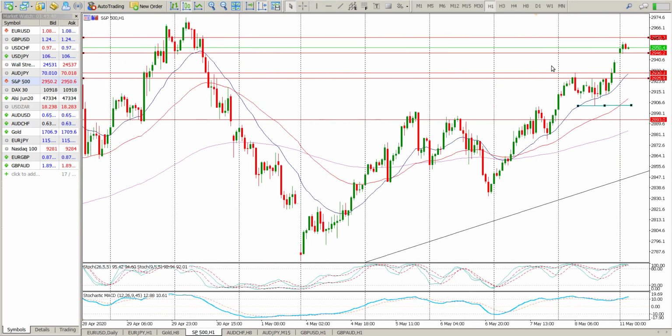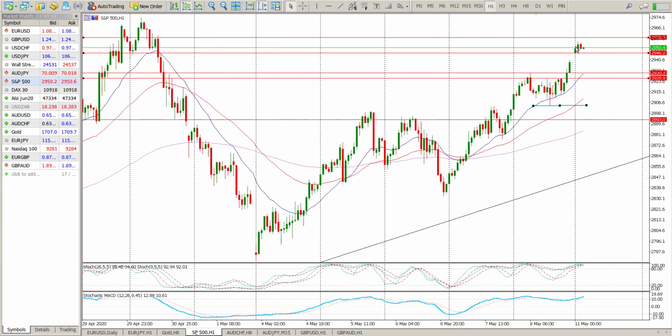Not looking to chase along in the area that we're in right now. There's a little bit of congestion to the left if you look. You'll see this previous double top here. So I would expect some selling in this area to pull back, build some structure, and then opportunity to get